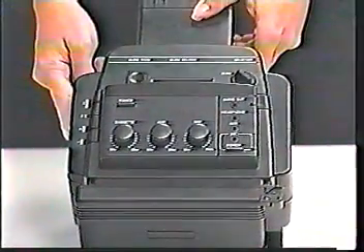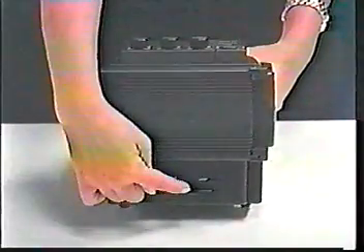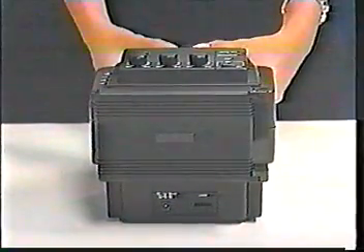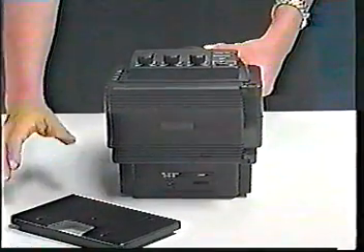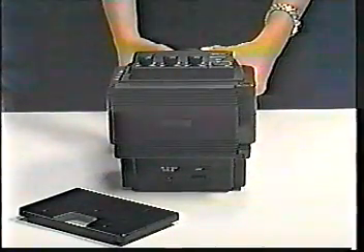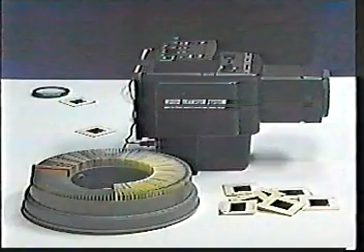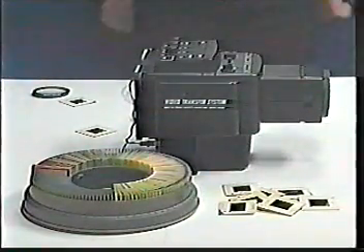On the back of the unit you will notice a switch for the lamp. This is used for slide and photographic or flat artwork transfer. The unit has 2 separate holders that are used for movie transfer or photographic and flat artwork transfers. Each of these will be covered in more detail when we review those sections. Now that we have identified all the components of the video transfer unit, we are now ready to begin transferring